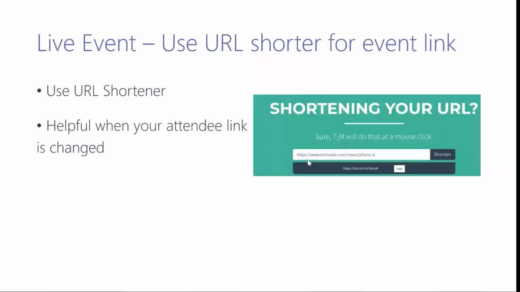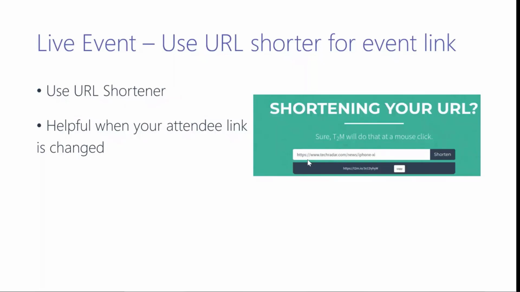Now, this is also an important one. When you create a live event, there's a URL that gets generated for the attendees. You can copy that URL once your live event gets created. Typically what I've seen is most people would send that URL to the attendees. Now, I would recommend using some sort of URL shortener. If you have an enterprise one handy, use that and send the URL that you use to shorten the actual URL.